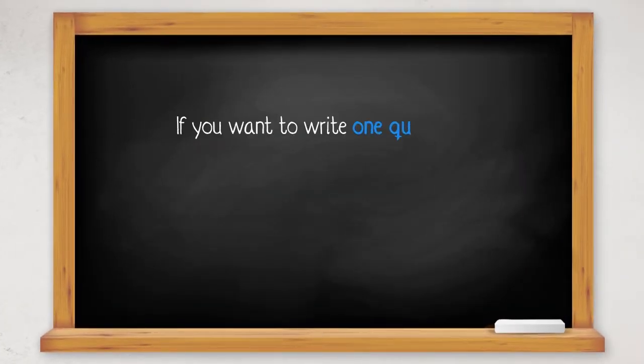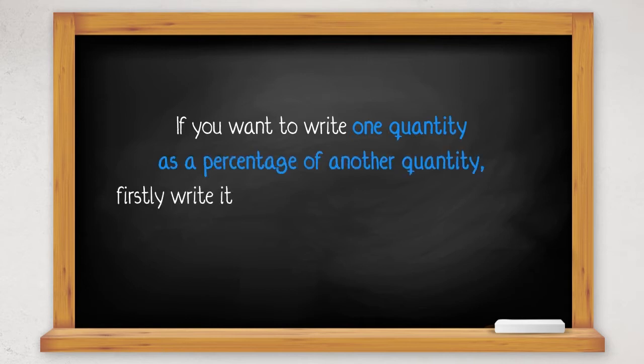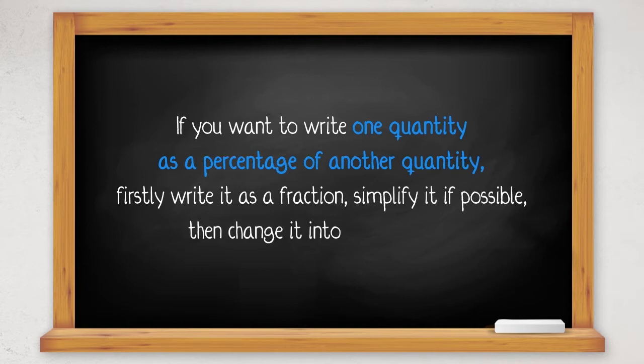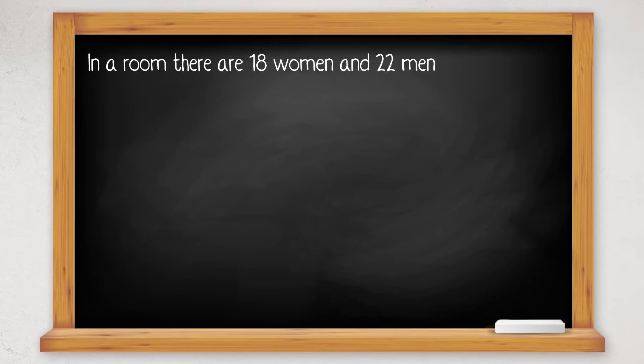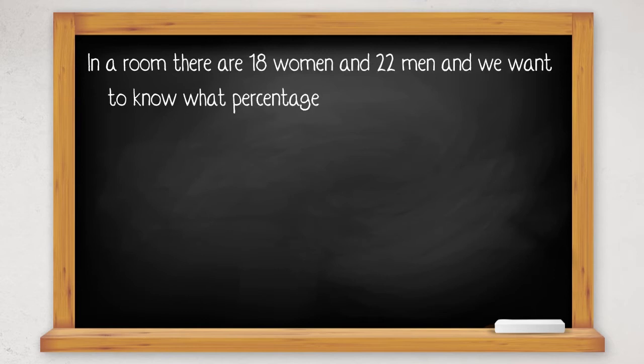If you want to write one quantity as a percentage of another quantity, firstly write it as a fraction. Simplify it, if possible, then change it into a percentage. Suppose in a room there were 18 women and 22 men, and we want to know what percentage of people are